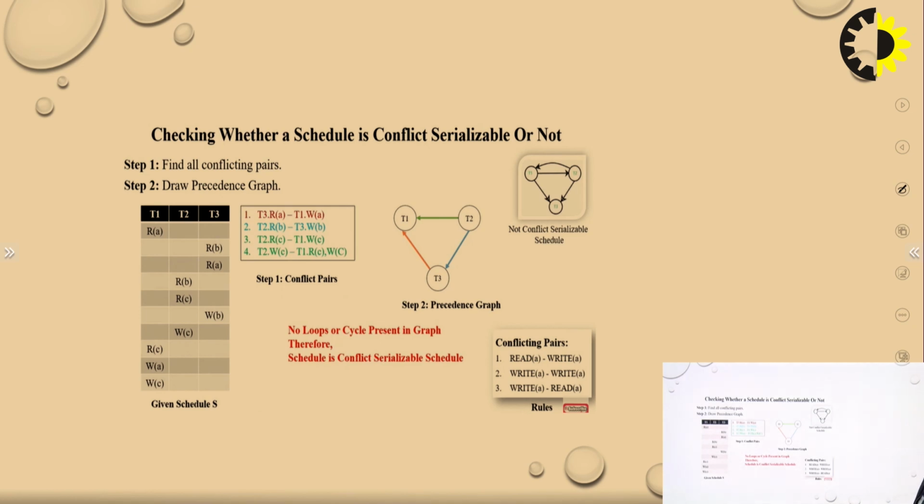How do we check whether the schedule is conflict serializable or not? Step one, find all the conflicting pairs in the given transactions. Step two is to draw the precedence graph. So start finding the conflicting pairs. Remember, we have read-write, write-write, and write-read. So start from